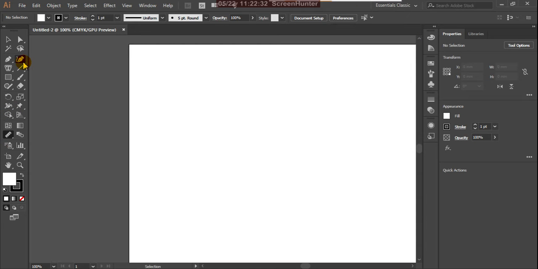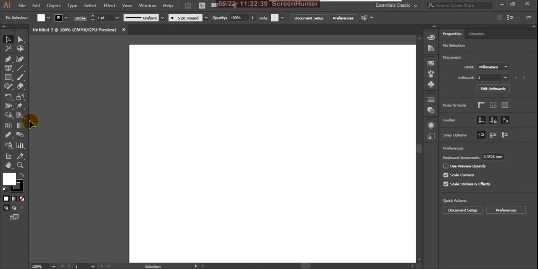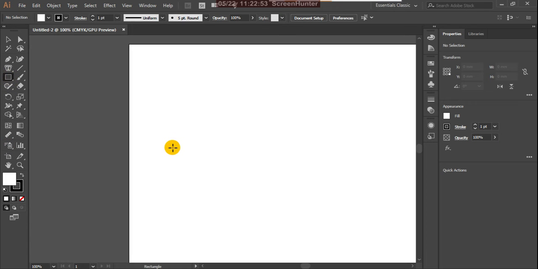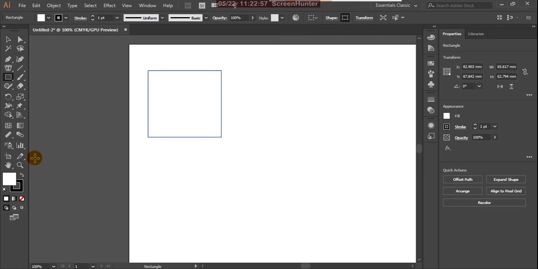Before class, I already explained to you about this mesh tool. Okay, so now we are at the gradient tool. Generally the gradient tool blends colors, so we can use blended color instead of plain color. Sometimes we have to use these as per our requirement. Suppose this is our box. By default it is given a black outline and a white fill color.